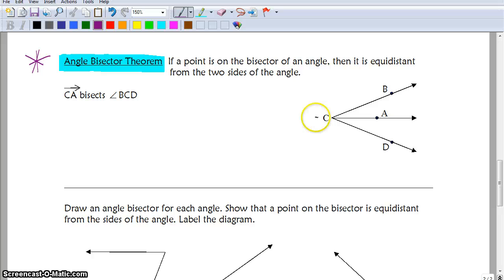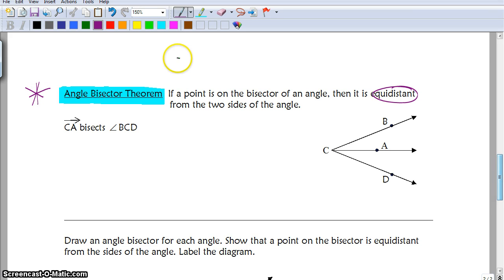So here's what that looks like visually, but actually, I'm sorry, first. Equidistant. Guys, I want to point something out and make sure that you know that when you see the word distance,